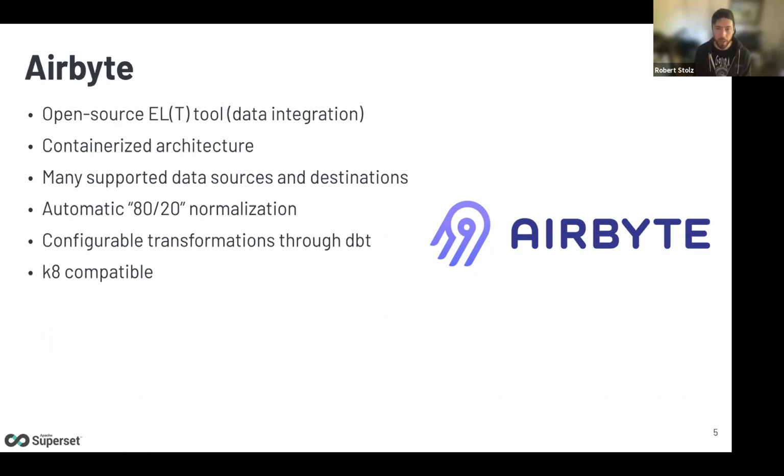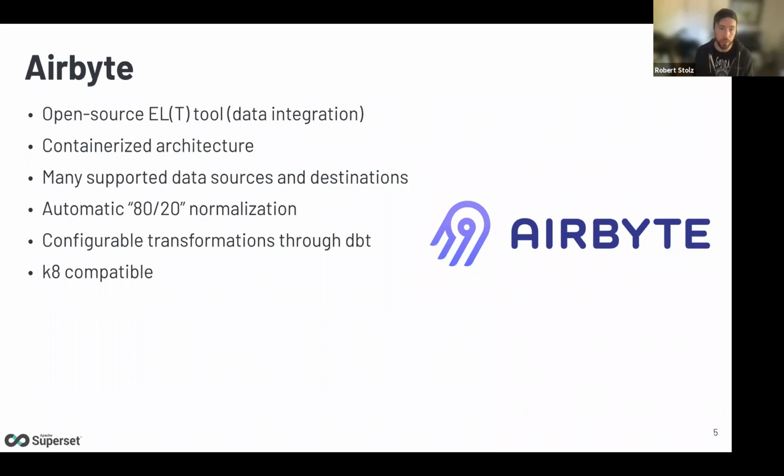Also, one feature that they added fairly recently, which I really appreciate, is that if you have data coming from a SaaS API where you have tables and some columns in that table are in a JSON format, some kind of nested data structure inside of certain columns, it'll take those columns and automatically unpack them into child tables that are connected to the parent table, which makes it really easy to rejoin that data back into a big flat table, which is oftentimes where you want to start when you're